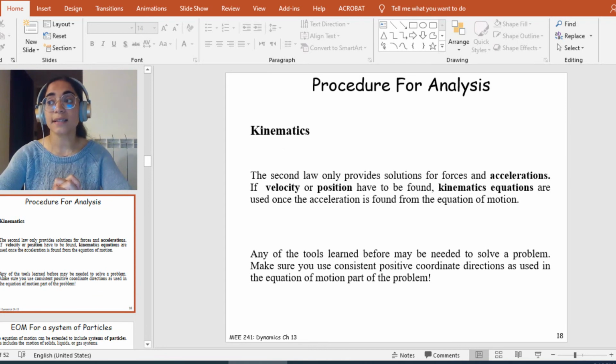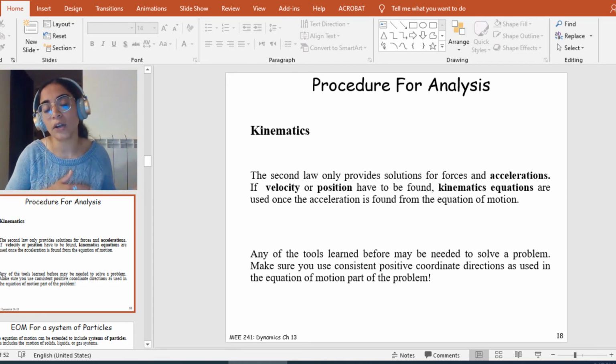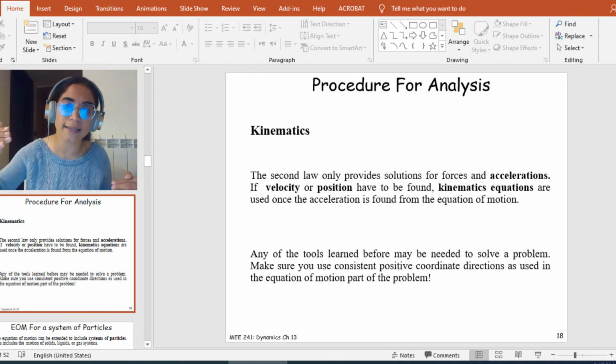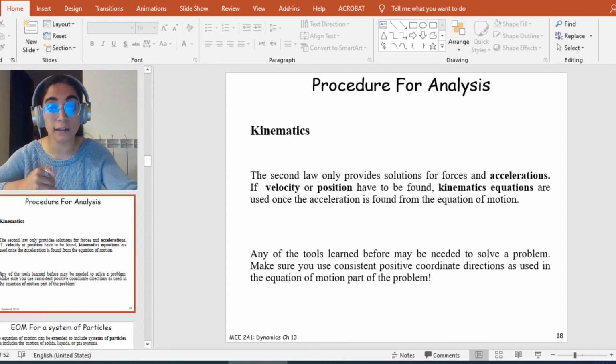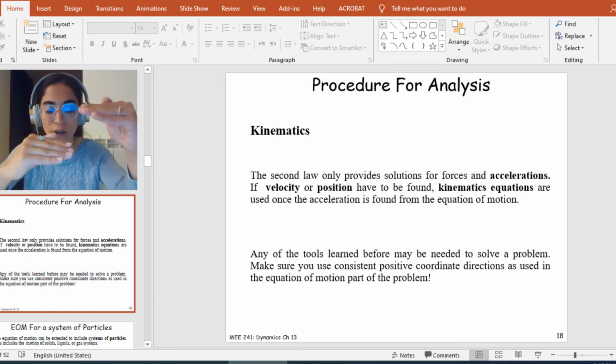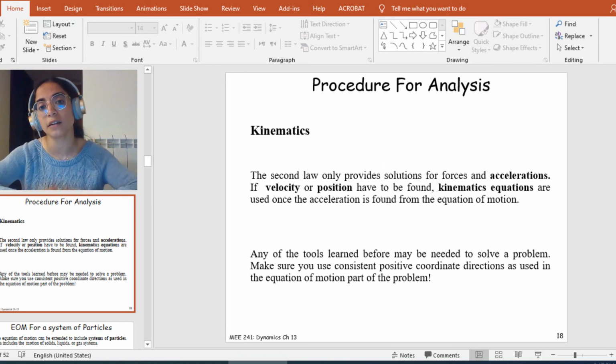Now guys, sometimes, as we said, you have to use the kinematics relation. For example, if the question is to find a certain force and you can find it from the kinetics equation of motion, you don't have to go back to the kinematics relation and write down the equation of acceleration, velocity, and position. However, sometimes the question is to find the velocity. Alright, so how to find this velocity? I have to find first the acceleration. How to find this acceleration? I have to put the equation of motion, Newton's second law, find this acceleration,